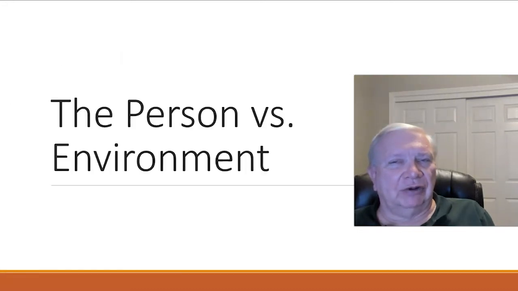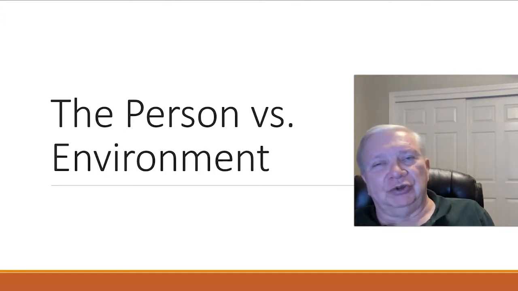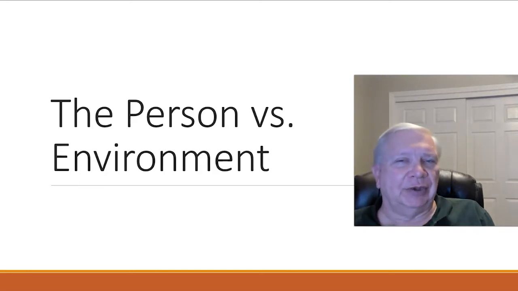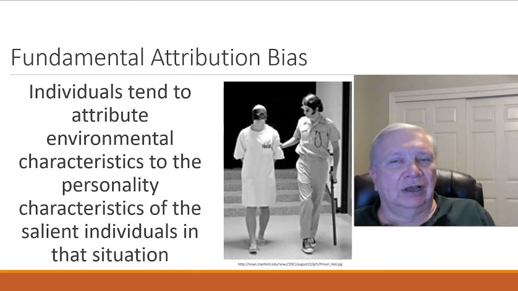Let's talk about how personality is related to the environment. We'll actually spend an entire unit on this, but I want to introduce the topic here because it's an important one. We have something called the fundamental attribution bias. And this is a problem with studying personality, because we tend to attribute characteristics of the environment to the individuals